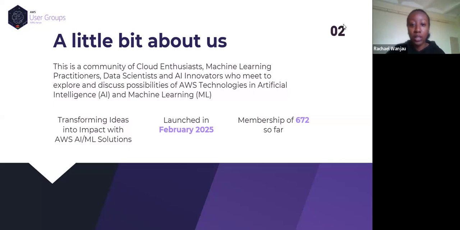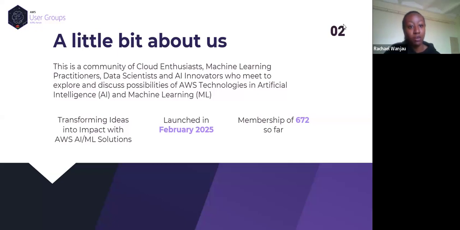In this group, we are here to help people explore and interact more with AWS technology so that they can get the know-how of how to go about AI and ML. We have sessions which encourage discussions about AWS services and other technologies, for the benefit of all of us here.